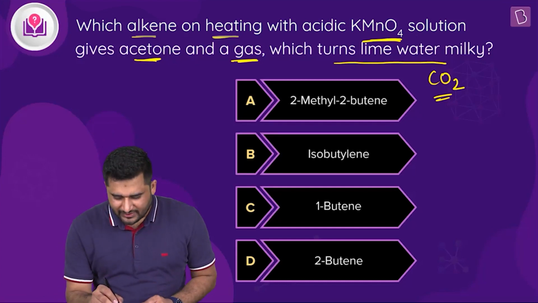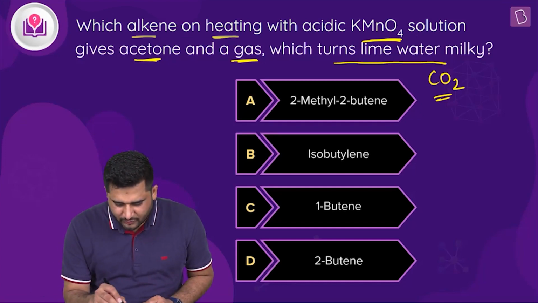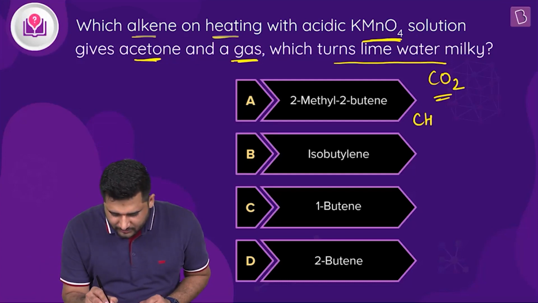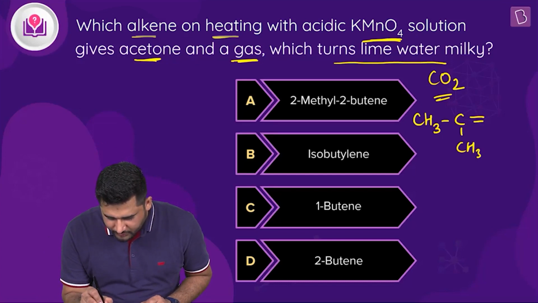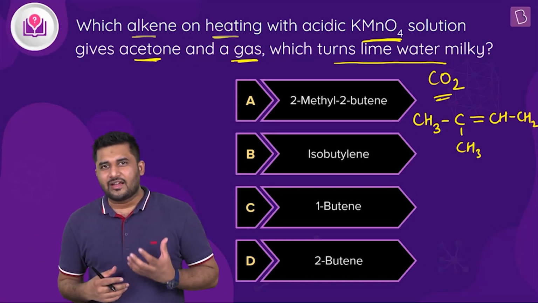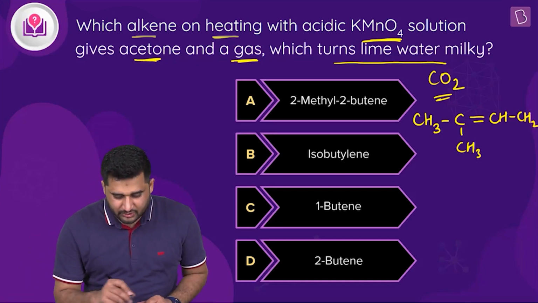All right, so very simple it is. Let's first draw the structure of option A, that is 2-methyl-but-2-ene. So you can see 2-methyl-but-2-ene is this molecule. Now in this case, if we made it to react with acidic KMnO4,